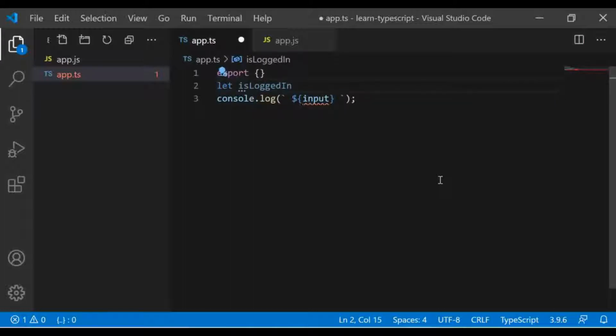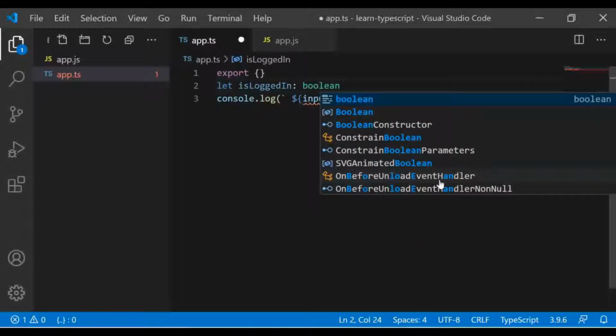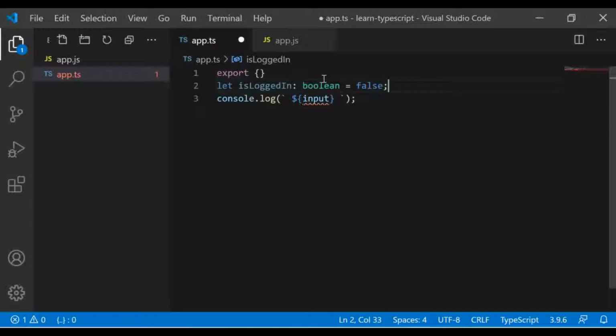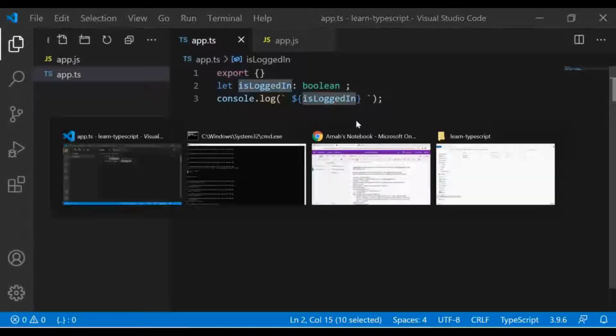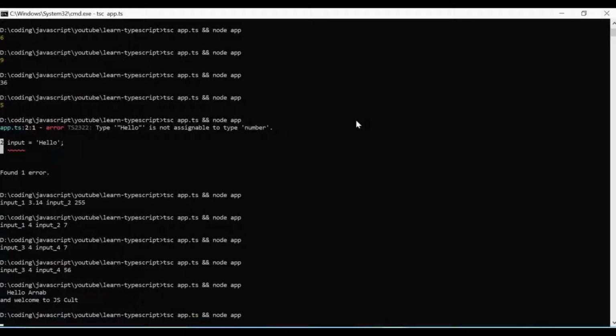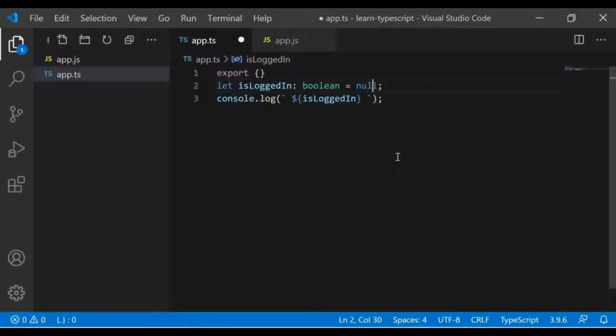Okay, so imagine you have a variable called maybe is logged in for the logged in users. So the type is boolean. So the moment you are writing boolean, it can be false. Okay, it can be false, so it can be obviously true because boolean. Also if you are not assigning any value, then this is boolean, but if you try to print this, it will show undefined. Okay, one more thing, you can assign here this null value as well.